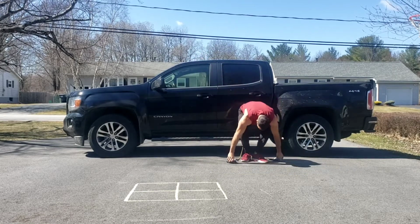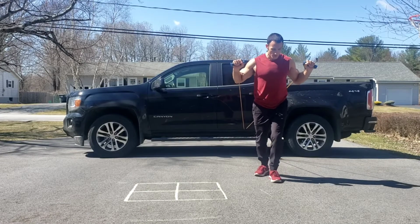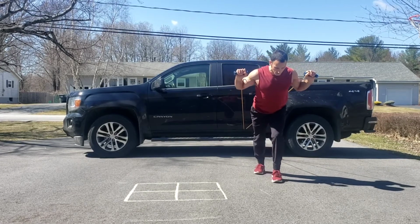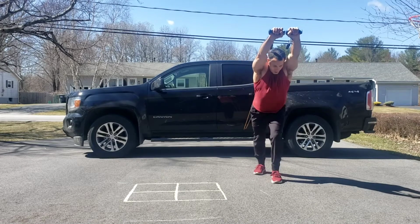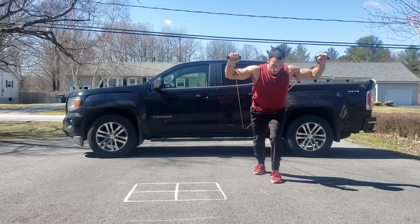So, 15 reps, grab both handles, come out as far as you have to, lay your body over at that angle, keep the back nice and flat, push straight up overhead. Ready? Here we go. Push, there's 1, back, 2, back, elbows bent to a 90-degree angle. 3, 4,